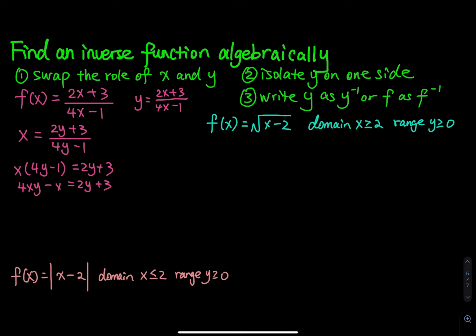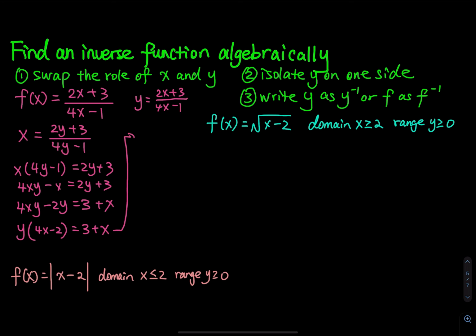Put all the y terms on the left and all the x terms on the right. So you have 4xy − 2y equals 3 + x. So now you factor out y. Once you factor out y, you have y times (4x − 2), and that equals 3 + x. And then you have y equals (3 + x) divided by